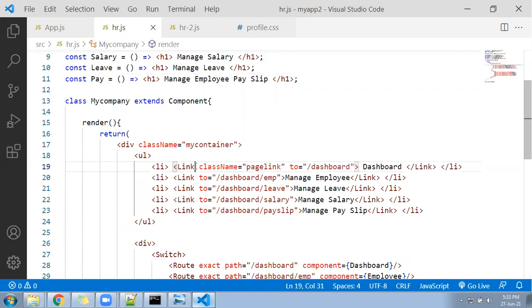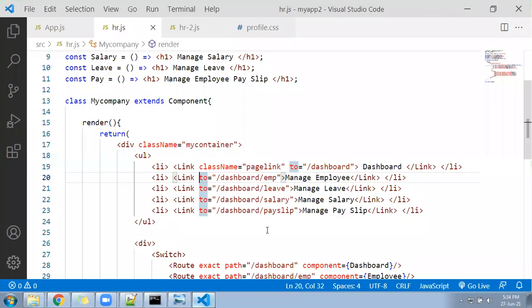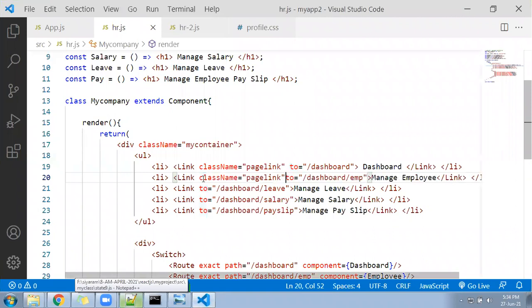Now I need to write the same class for all the links.